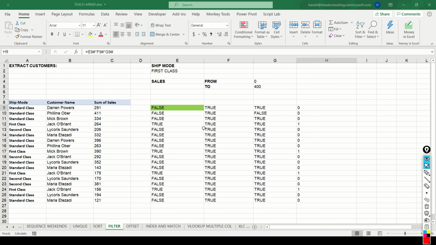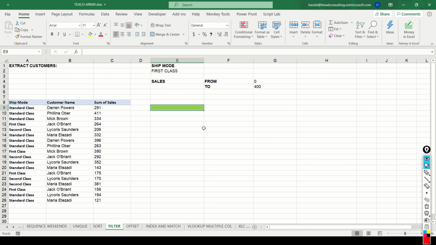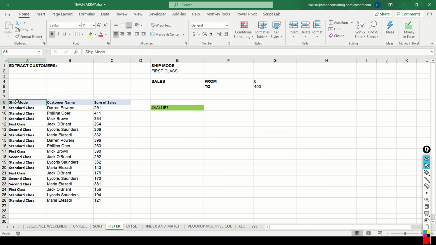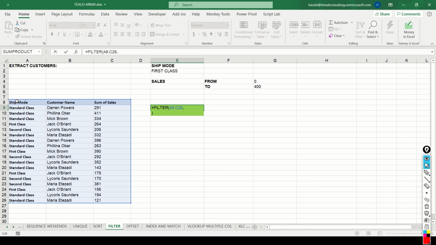How do we combine all of this in a filter function? We can write filter. Our array is all the three columns. What do we want to include? We want to say that A9 to A26 is equal to A2.